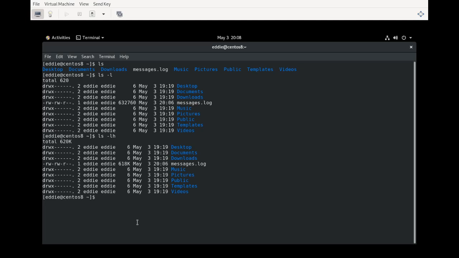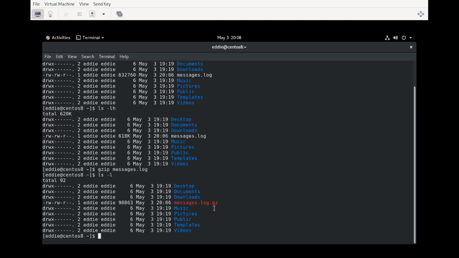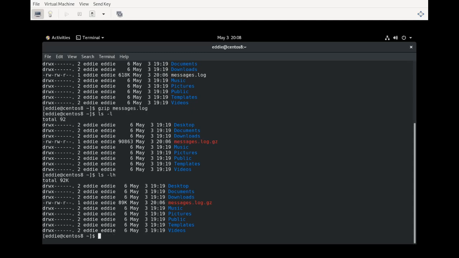If you simply put gzip and the file name, it's going to try to compress that. So if I were to do gzip messages.log, all right, no output means that nothing broke necessarily. If I were to do ls -l again, we see that this now has a .gz appended to it, and the file is significantly smaller. With ls -lh, we see it went from 618 kilobytes to 89 kilobytes, because it's just text, and it's pretty easy to